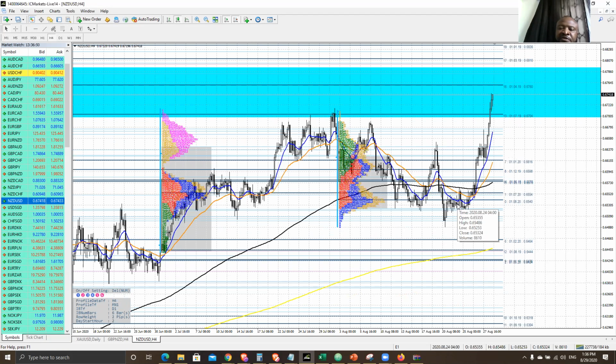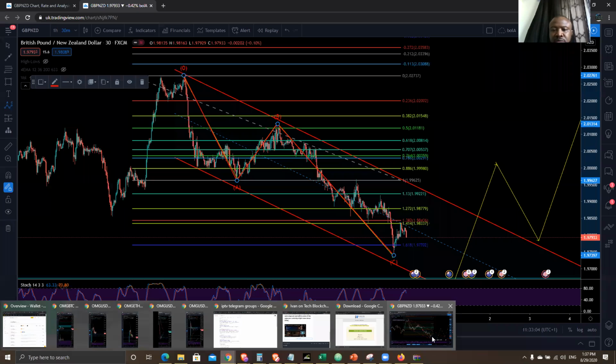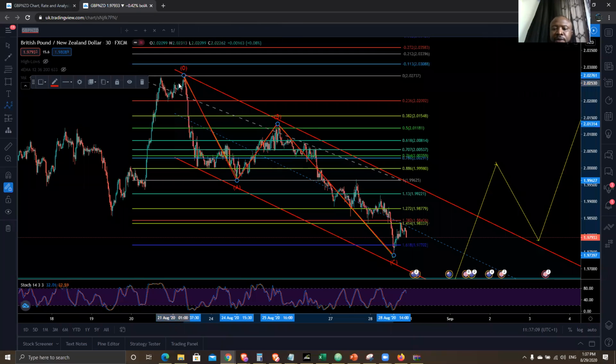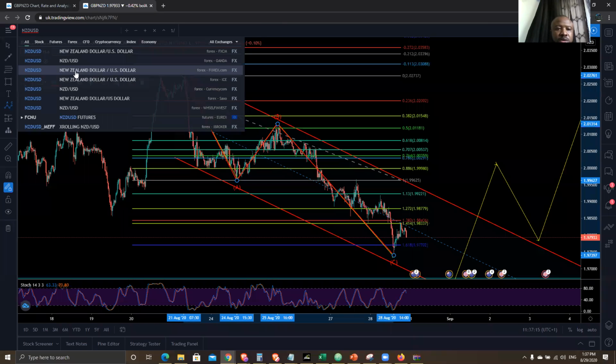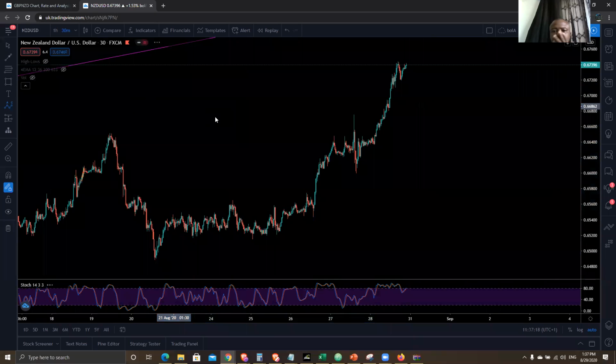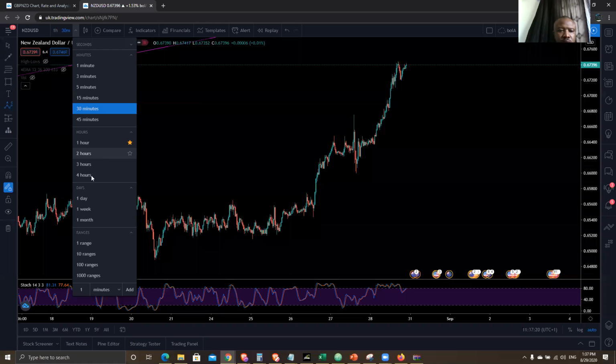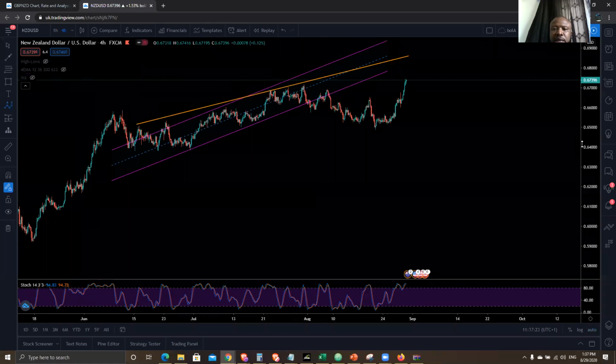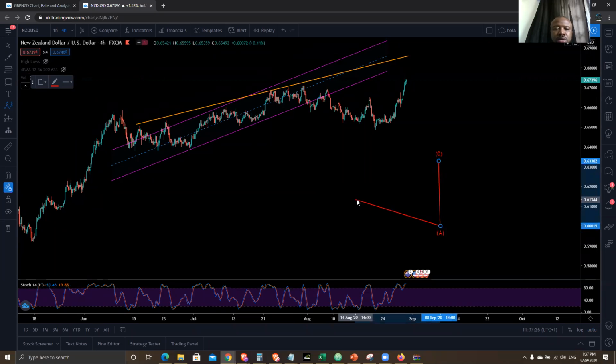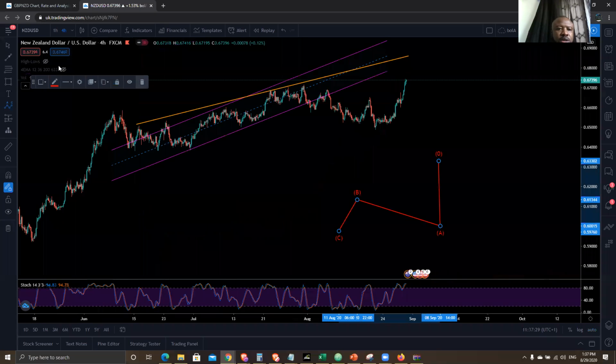And as you can see, I haven't read that article earlier. We note that the New Zealand is very strong. It's quite good that it's getting strong now, getting strong into this area. All we're looking for is a potential break of it. So I'll quickly look at this on my 4-hour chart again. See the potential structure that is forming.